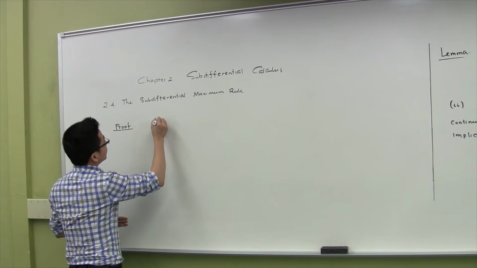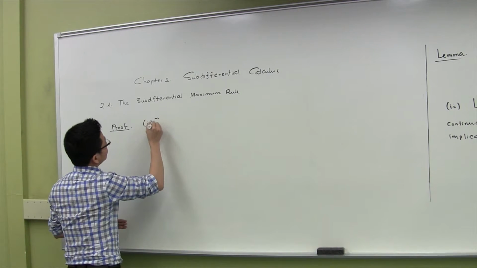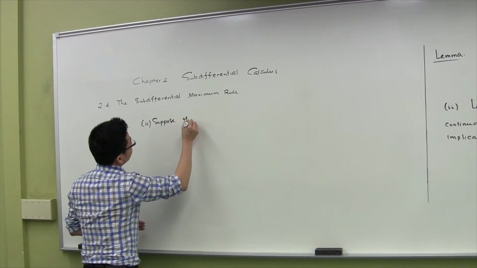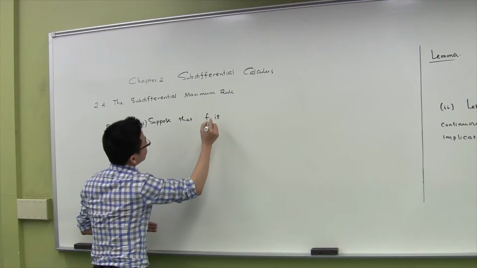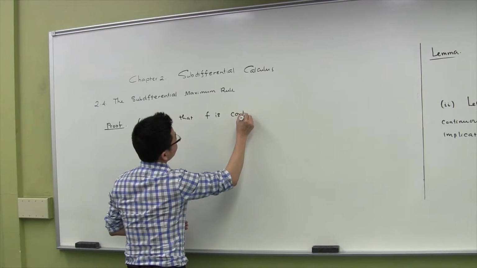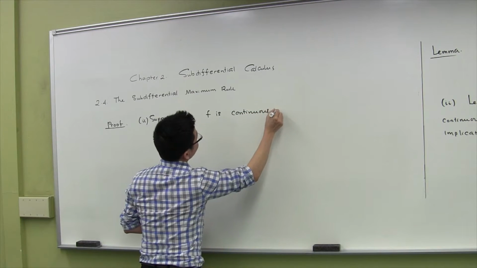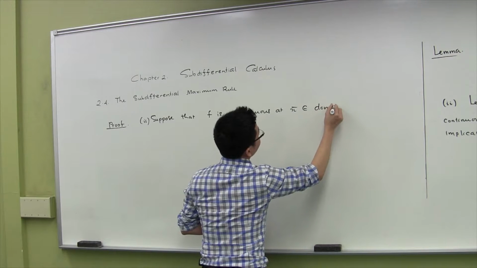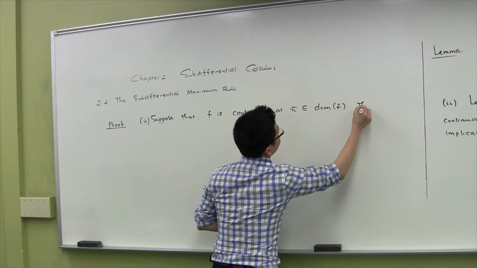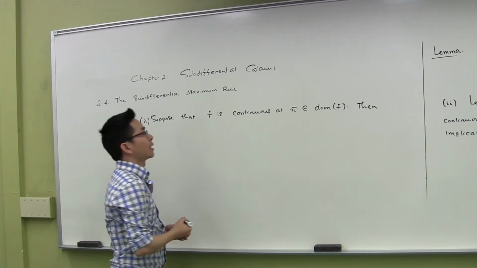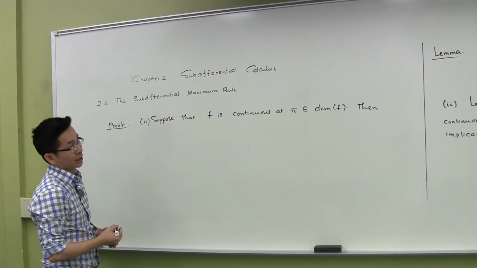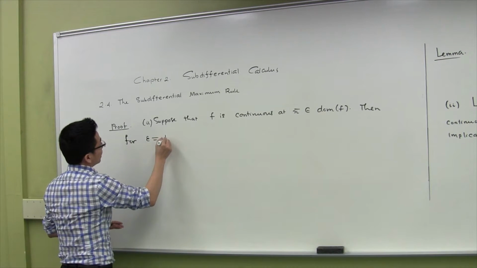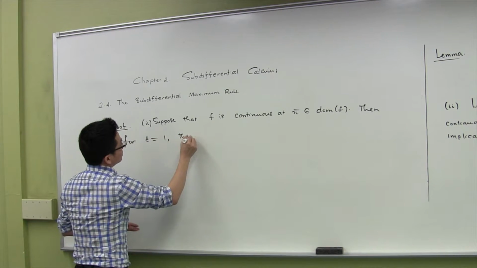Now suppose that f is continuous at x bar in the domain of the function f, then we have the following by the definition of continuity. For epsilon equals 1, there exists